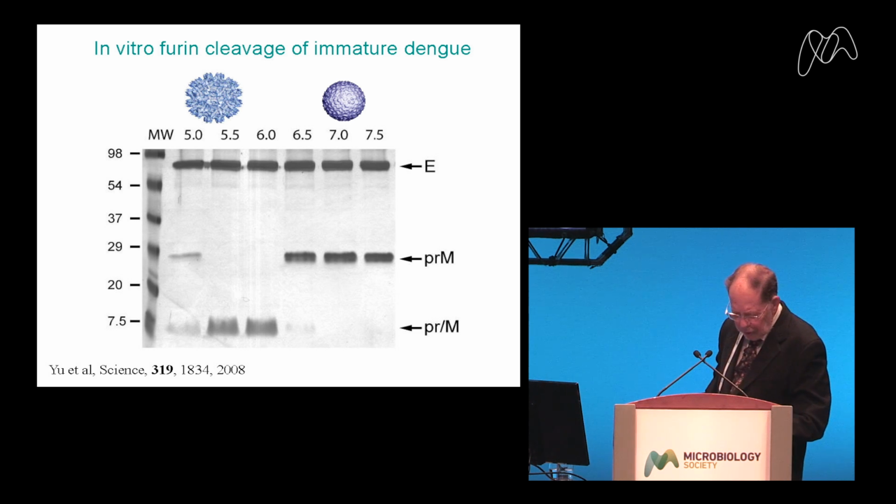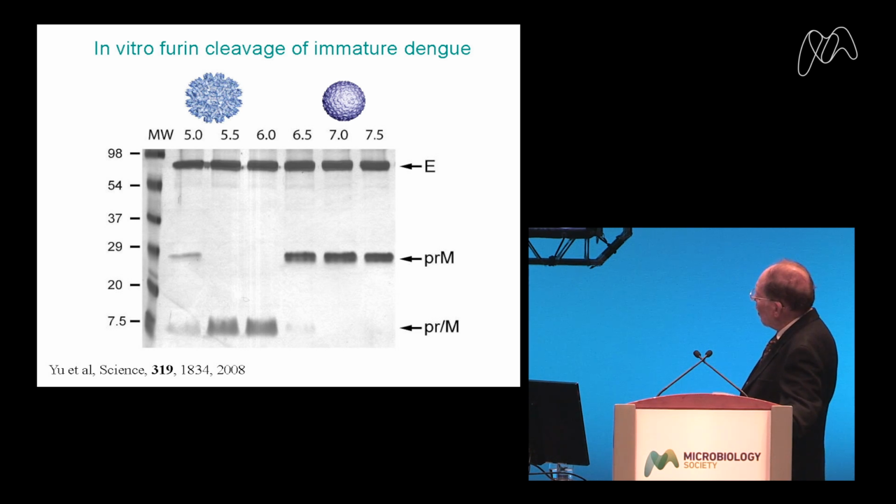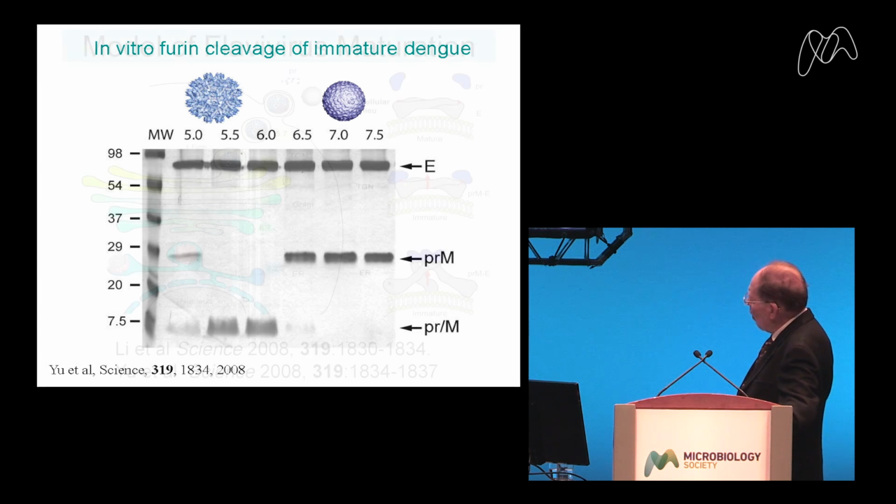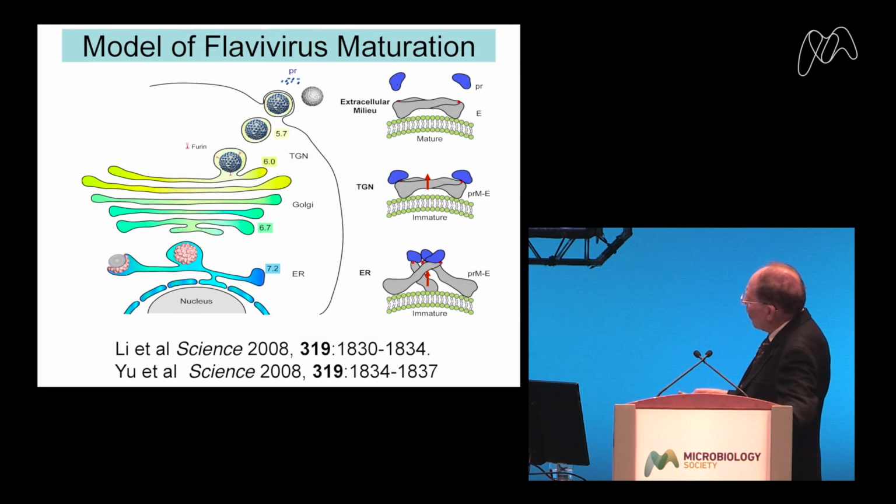And that was also consistent with the structure because the site of cleavage was within the trimer and unavailable, therefore, to the furin, sterically hindered from cutting it at neutral pH. So what happens here, as she interpreted, here we have the virus being assembled in the endoplasmic reticulum, and then it passes through the Golgi and finally through the trans-Golgi network. And that's where the virus encounters the acidic pH in the cell, and therefore that's where the furin can cleave.